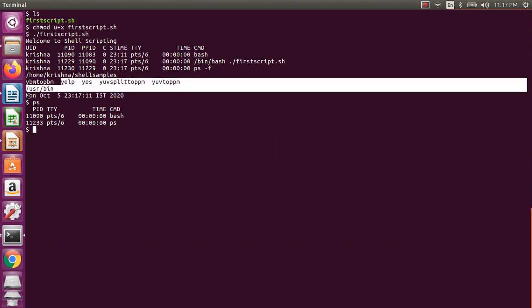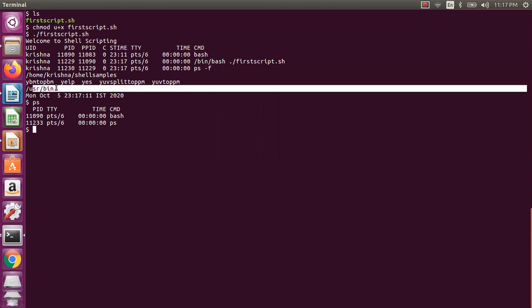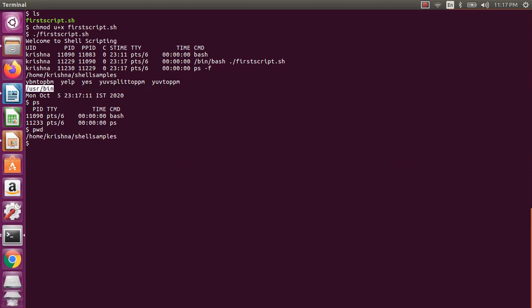Now you went ls, and then /usr/bin, it has given you. Now if I say pwd, don't expect it to be in /usr/bin, because it is a subshell. That is only visible in that shell. Once it comes out of the shell, you will have your own thing. It is not in the same shell. If it were in the same shell, it would change and you would be in /usr/bin, but you are in the subshell. It will create a subshell, do its work, and you will be back to your shell. That is the functionality.